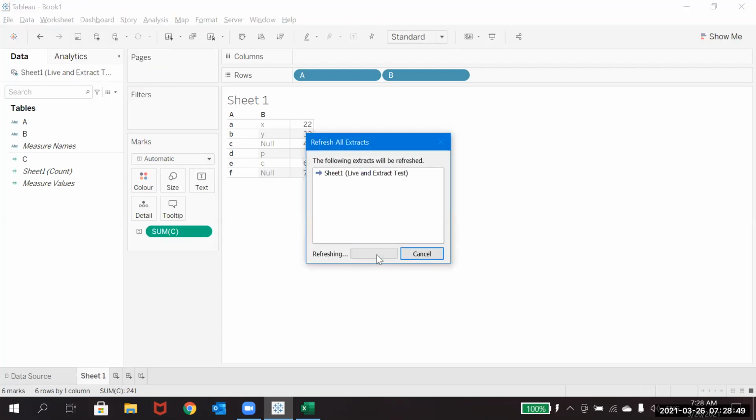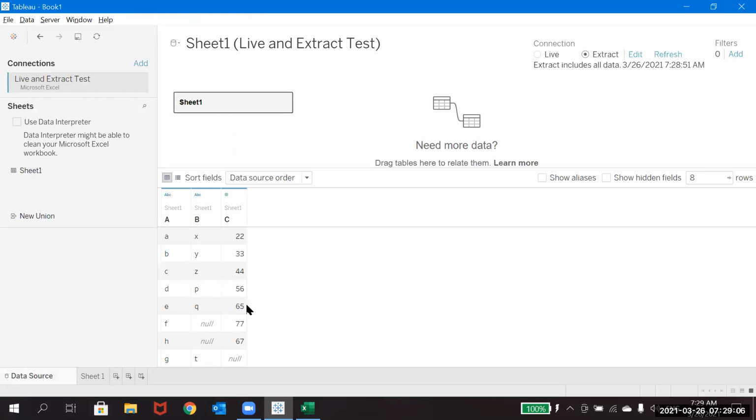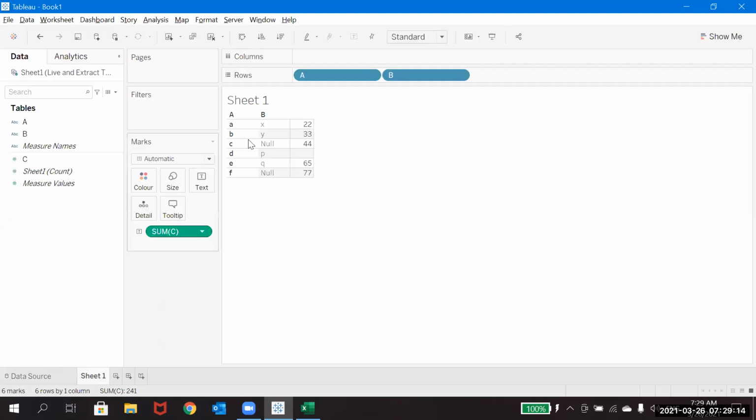And I'm just doing a refresh of my extract. If you see, the data is not coming there. But in the data set you can actually see this is coming here. So you know why? Because the extract whatever we have taken is up to here only. So even when you do an incremental refresh, the extract was not taken there. So in that case, what will happen? It will not create that extract. So that's why it is not coming.